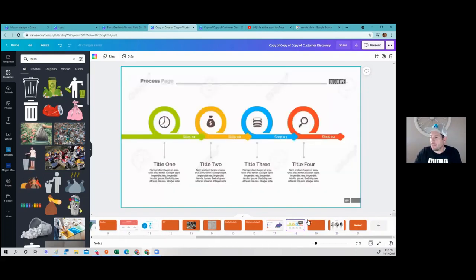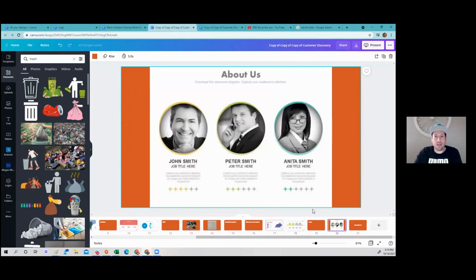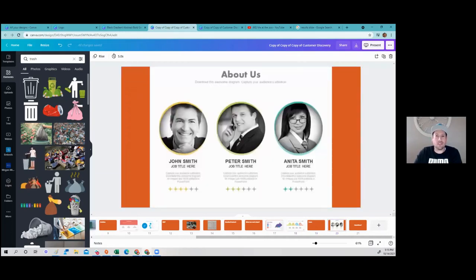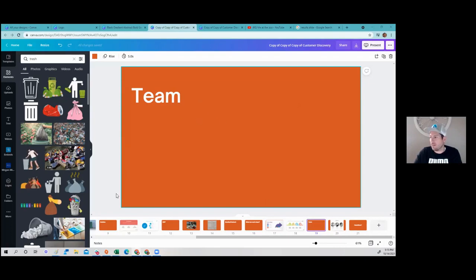And then after the next steps, the last thing is just articulating your team. You don't have to spend very much time on this, and you don't need to worry about titles or anything. Just show me your background. Essentially, the way you tie the bridge is, you just told me what the next steps are. This is where you're convincing me that you're the team to actually get this done. And that's what you're going to be graded on. Then you're going to be moving on to the questions and answers.